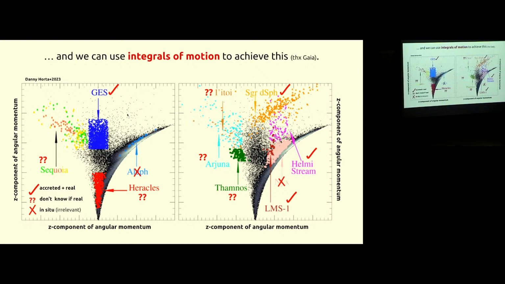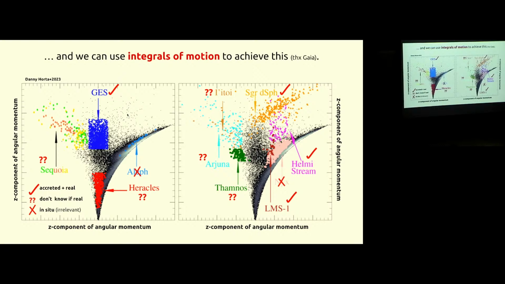For instance, this GES is the Gaia Sausage, the last major merger of the Milky Way. And with question marks are the things that I don't think are irrelevant, but we don't know if they are real in the sense that we don't know if they are part of some larger structure. For instance, this one right here, again, funny names for these things, we don't know if this is just part of this larger thing right here, the Gaia Sausage. And with crosses, I'm marking things that are irrelevant for this talk because they formed in situ, so they are part of the Milky Way itself. And so this is basically the situation.